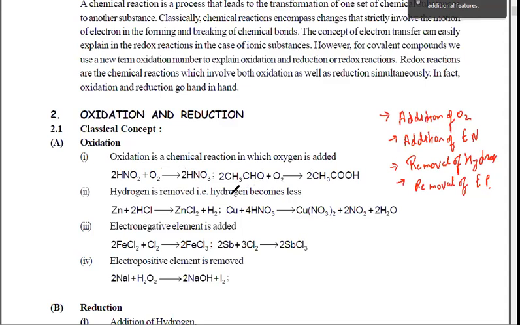when you talk about the general concept, I can say that generally, if electron is added, in all the four processes, when O2 is added, or a high electronegative atom is added, or hydrogen is removed, or an electropositive element is removed, in all the four processes, one thing is common, which is loss of electron. Loss of electron,